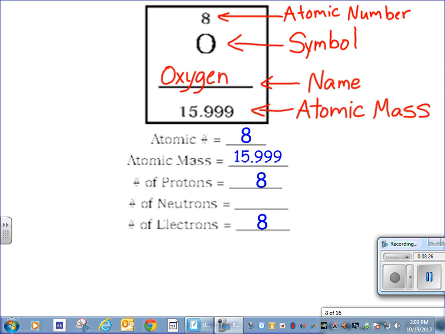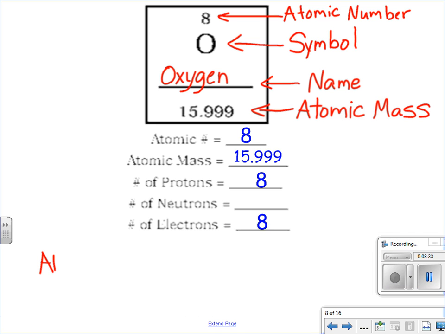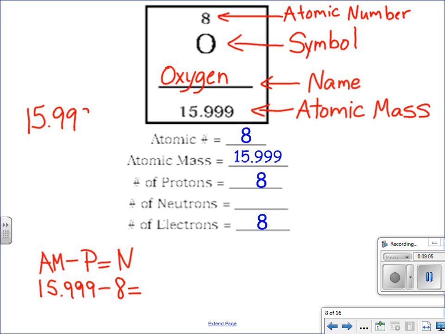The number of neutrons, the way to figure that out is we say atomic mass minus protons equals neutrons. So if I take my numbers and I put in the number I have for atomic mass, which is 15.999 minus the number of protons that I have, which is 8, that will give me the number of neutrons. So I'm going to figure it out. You will get to use your calculator on the test, but I will just go ahead and subtract it this way. So 15.999 minus